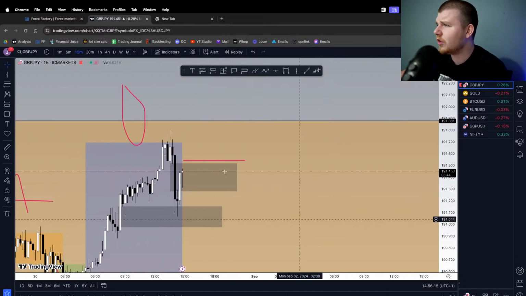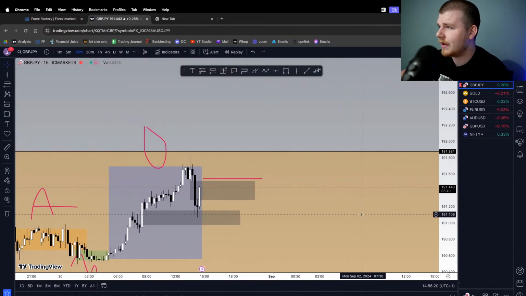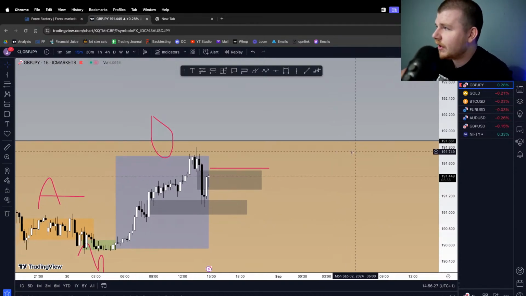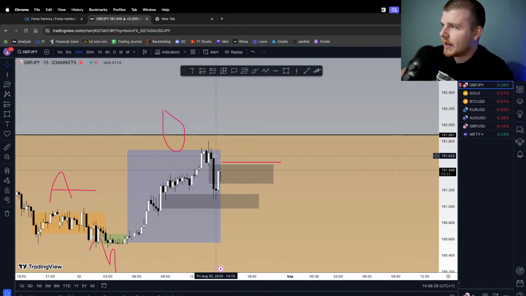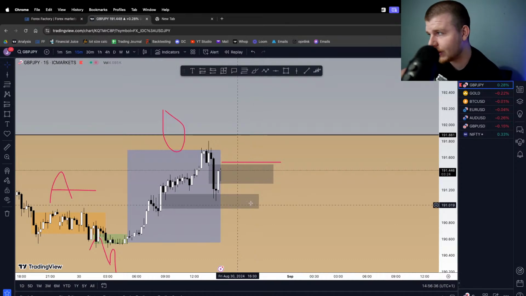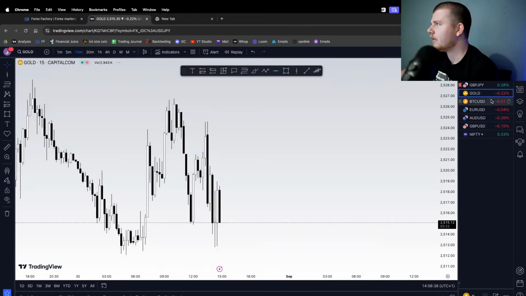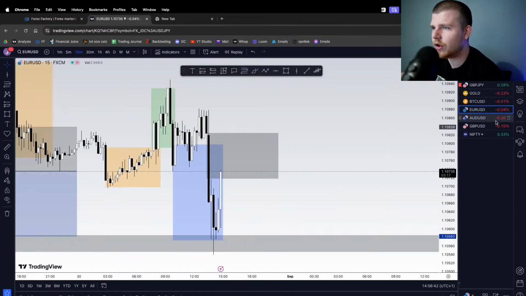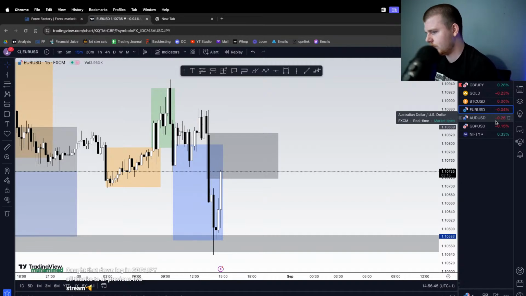So what we're going to do is look at this now, and as you can see, it basically is a whole load of nothing again. There's not really much to discuss here. We just have to wait for this to happen. If price starts disrespecting here, I'm done for the week. If price starts respecting this, we're only looking at sells when it starts disrespecting this one. Everything else is basically just a consolidation now. We've had our distribution moves on all of them. Let me just get back to that.